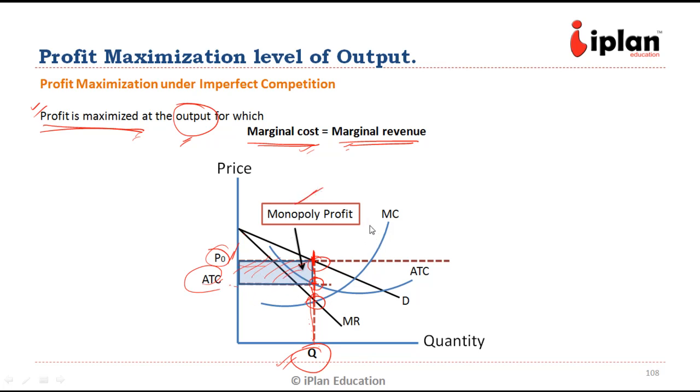because we know that in the long run, in case of perfect competition, the company will be able to sell only at average total cost, not above that. But here, due to imperfect competition or monopoly reasons, the company is able to sell at a higher price. So that is its monopoly profit. Now let us look at the profit maximization in the long run.